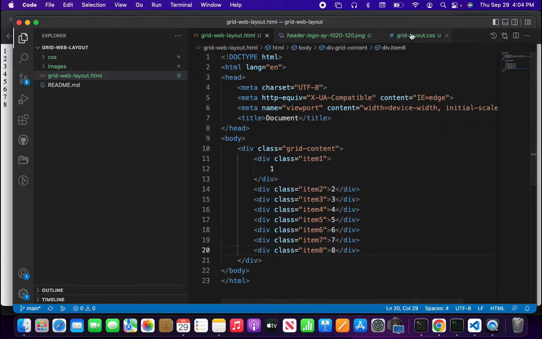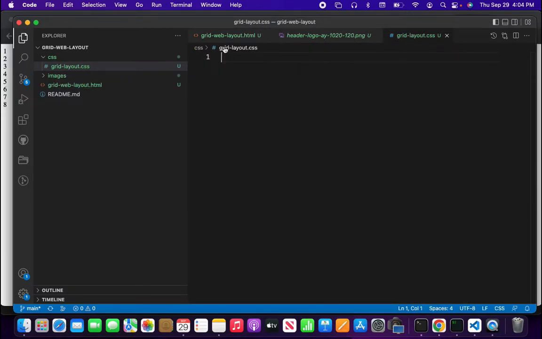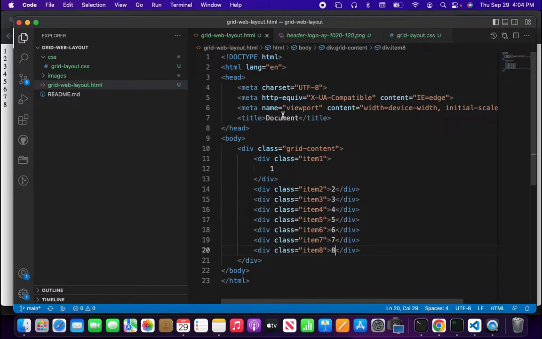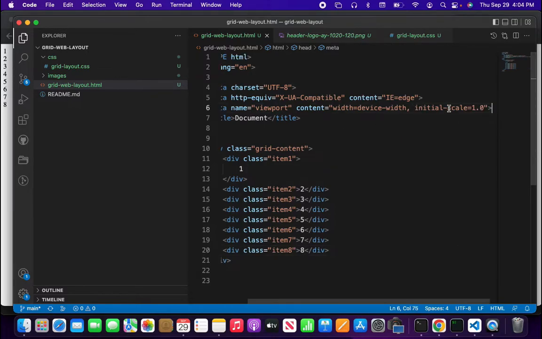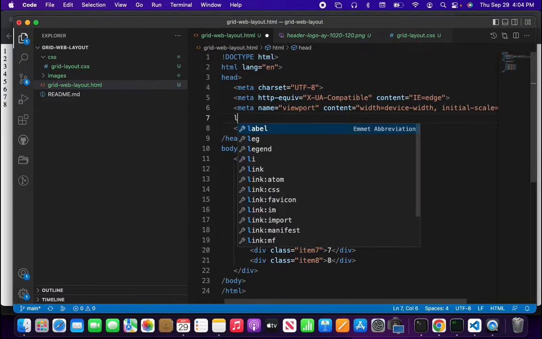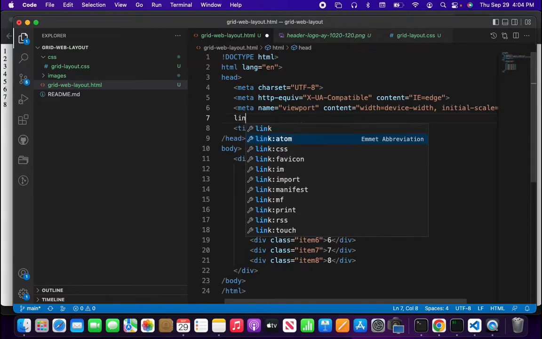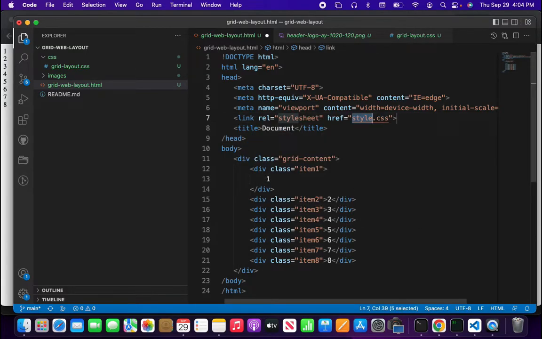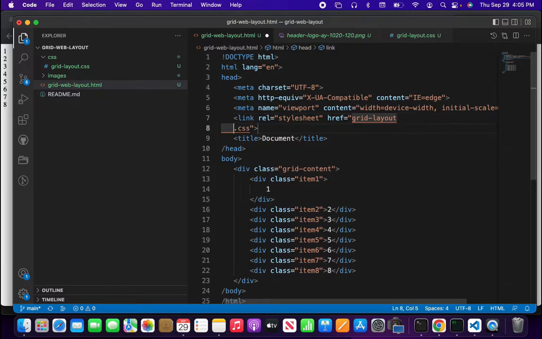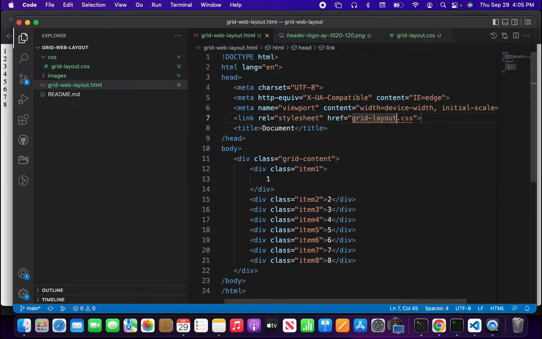Let's go to our CSS. Actually, first things first, we got to go over to the head section, and we need to create a link to a CSS, and our CSS is called Grid Layout CSS. Okay,